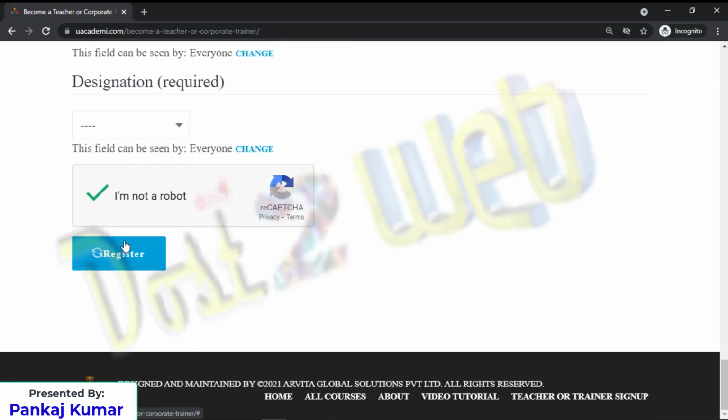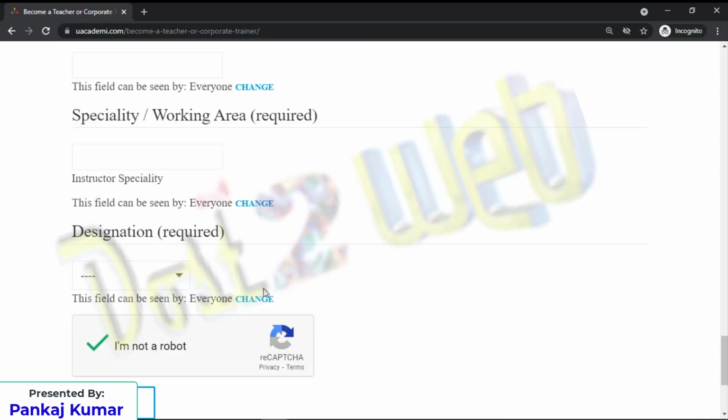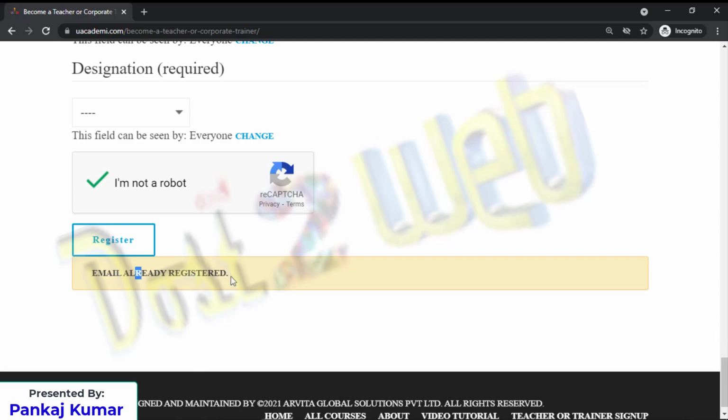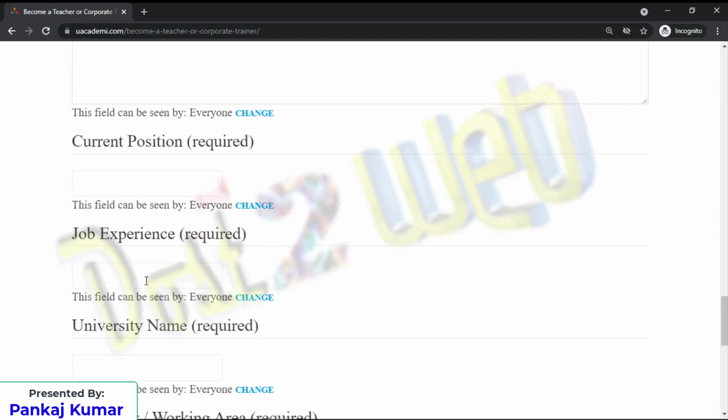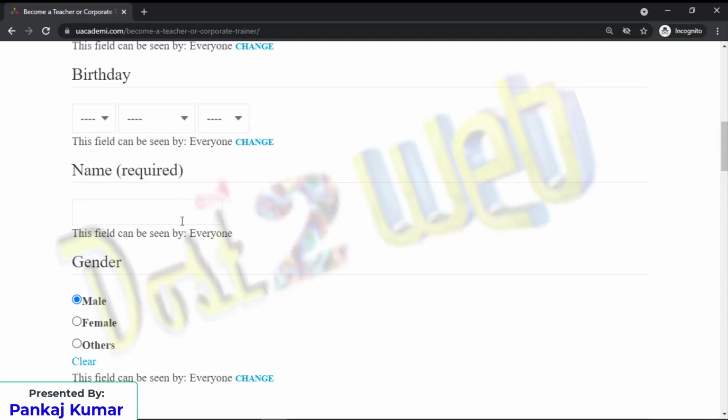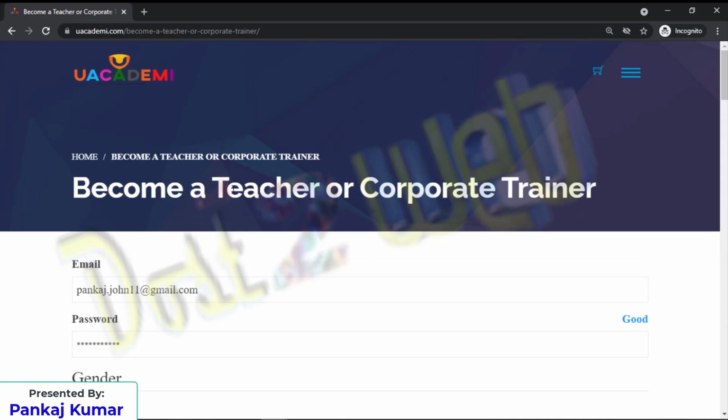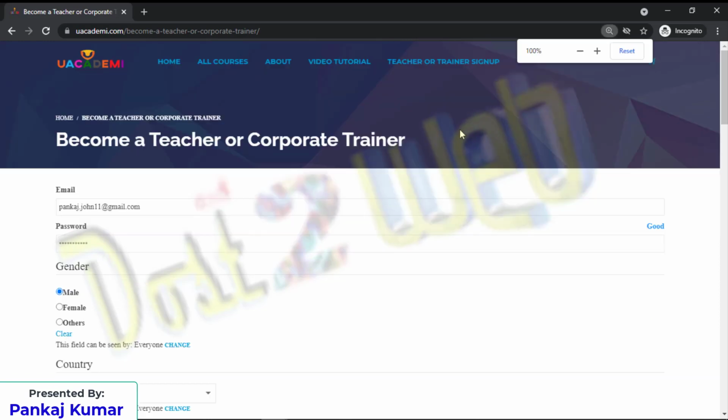Okay, I'll click on register. What happened? Email already registered, because I have not given. It will take automatically once the user registers as an individual. The same way we have the features on the student side also. They can